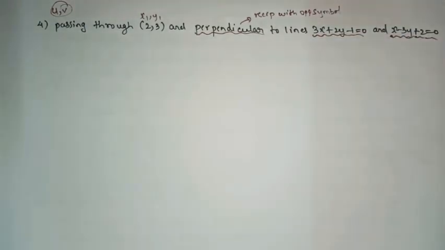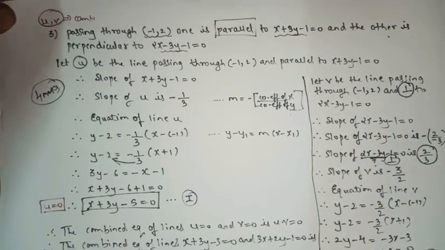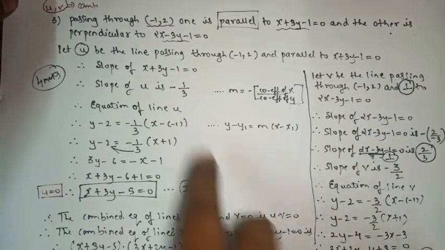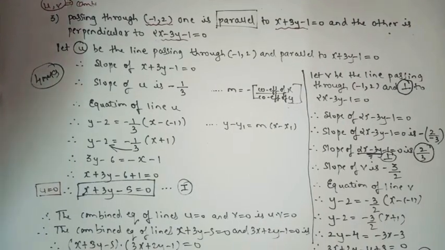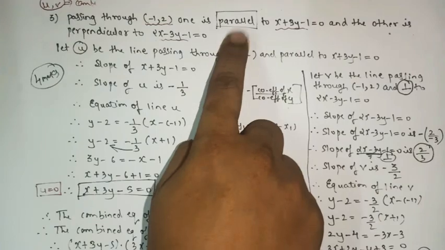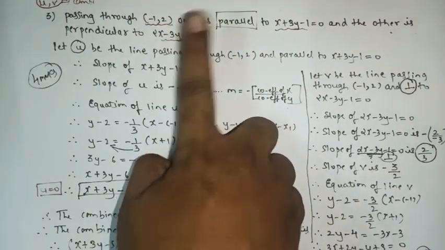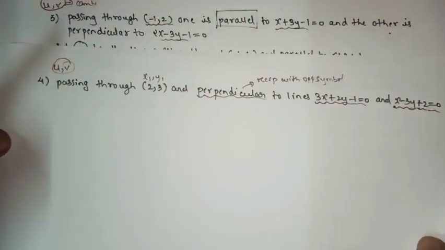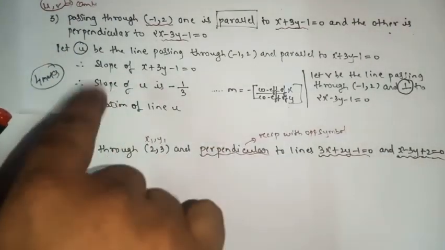Now I guess you can try this sum by yourself, as I have explained the whole sum in the previous example. Yes or no? Can you see the previous example? So in this way only you have to present the sum, but see to it that in the previous one, one equation was parallel and one was perpendicular. Here both the equations are perpendicular. The presentation part will be the same.